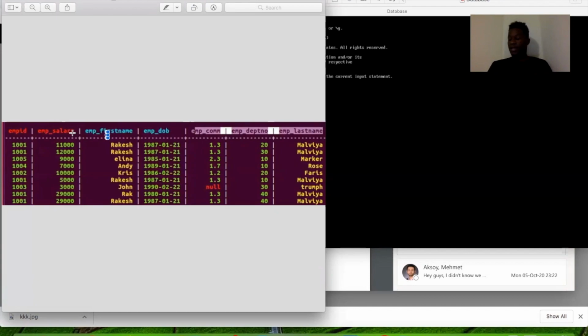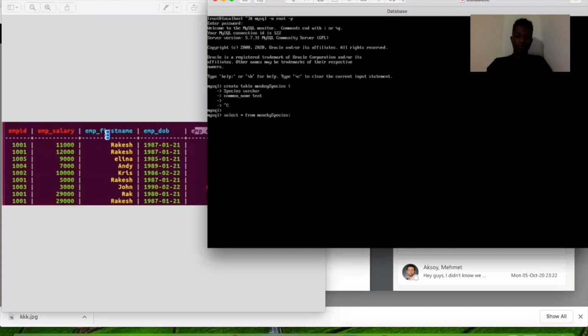The second rule is that you can use the clustering column in the same order as it is defined in the table. So you can skip the sequence of cluster columns. Let's assume you want to select the first name of employee. What I mean is this. Maybe you want to select the employee first name called Rakesh. Select from employee where